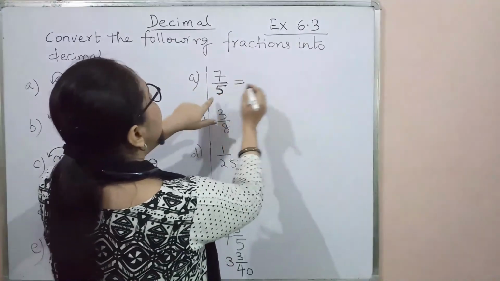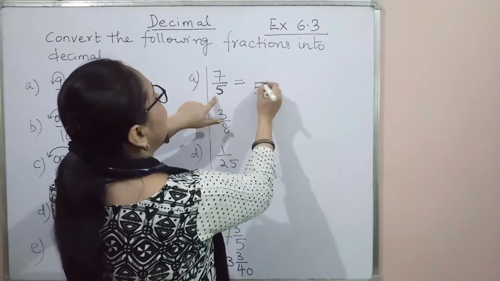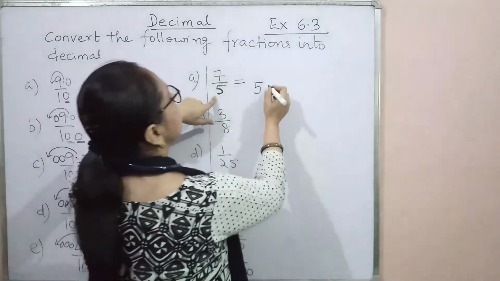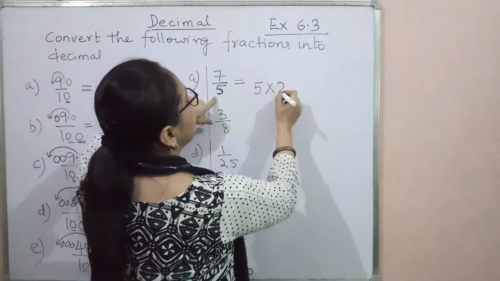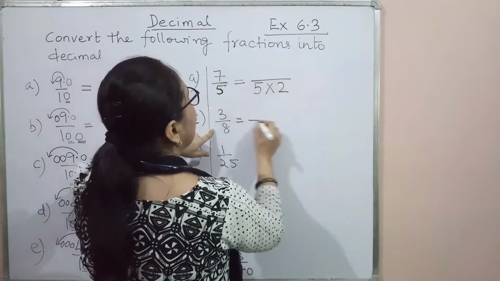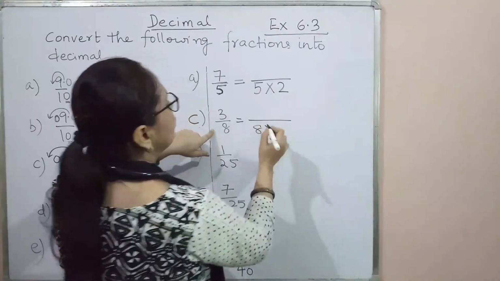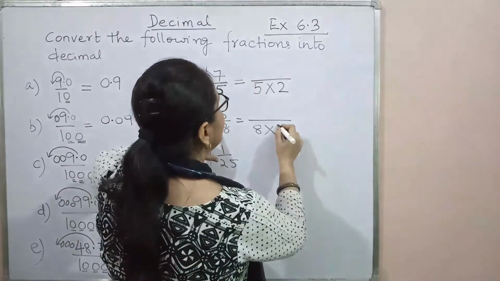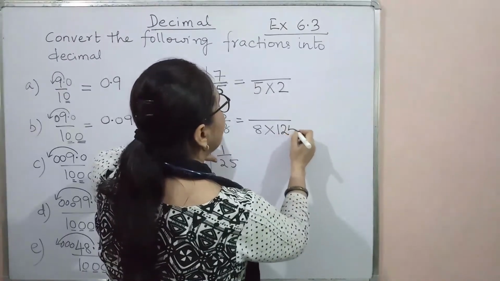So what happens if I want 5 to be converted into a number like 10, 100, 1000 by multiplying it by 2. Now in the same way, this 8 can be converted into 100 or 10, 100, 1000 by multiplying it by